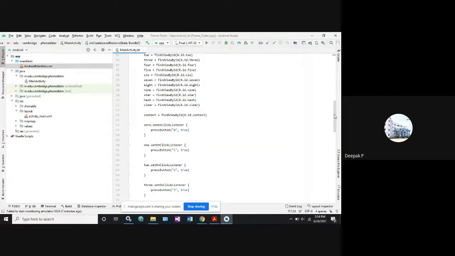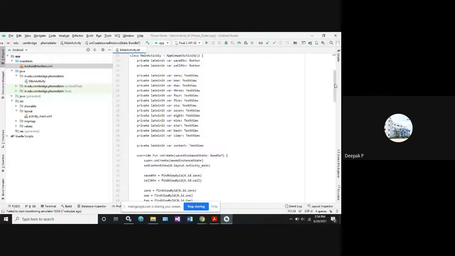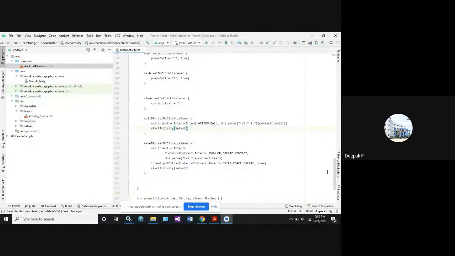Okay. So now, based on this data, we have taken contact, so contact.text. As we are reading the data, make sure to use the flower brackets to access the values. And whenever we want to read any values, use the dollar sign here.